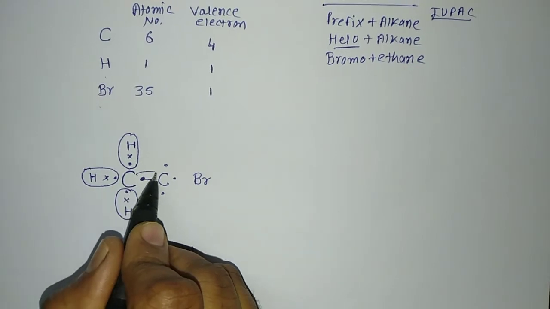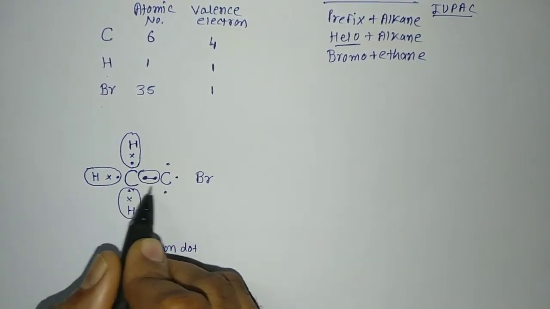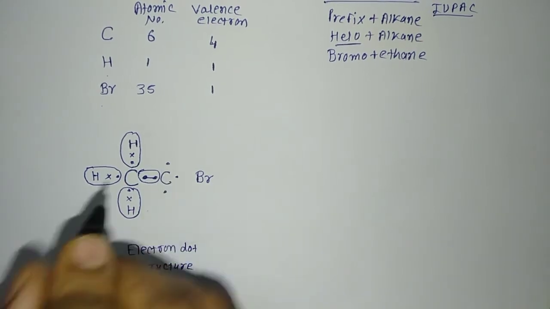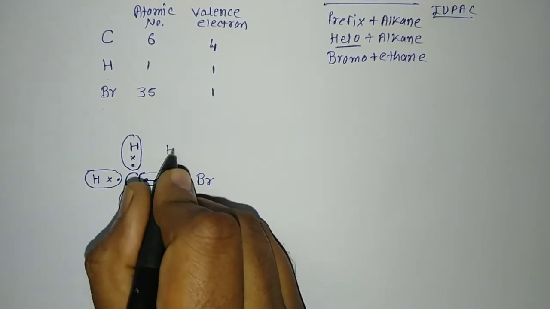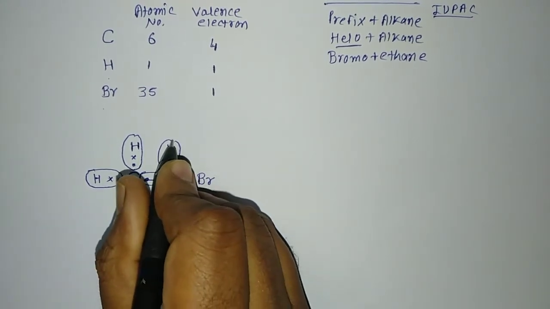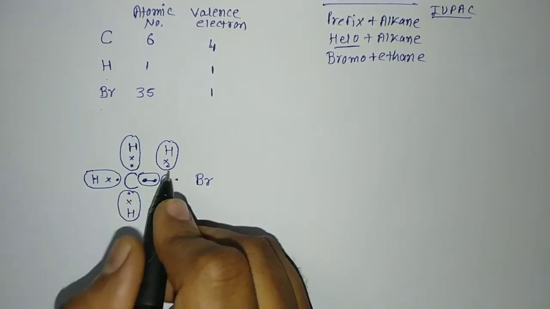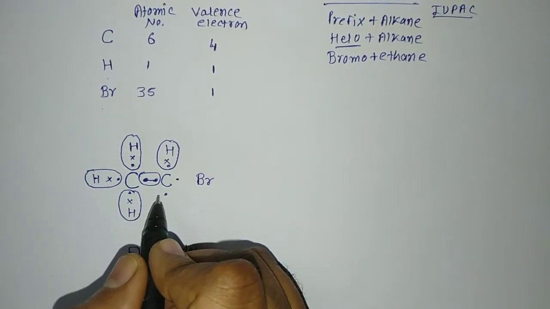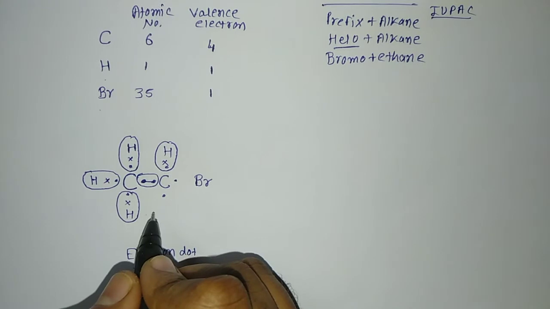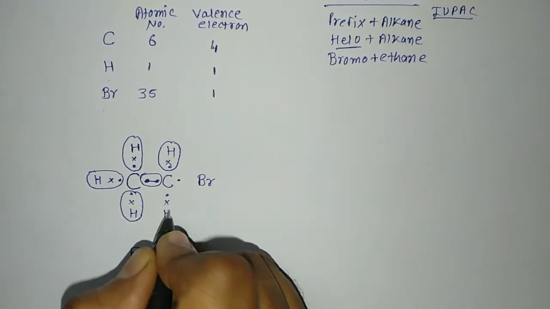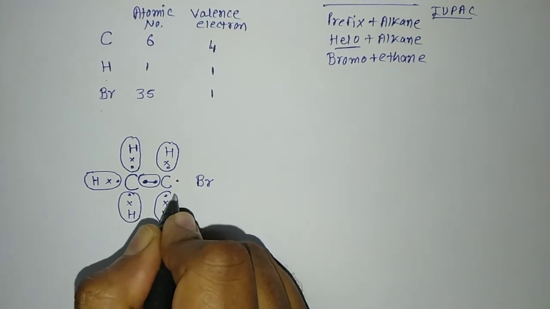So here also the bonding has been formed between this carbon and carbon. In a similar way, for this carbon, one more hydrogen will make the covalent bond. This hydrogen, this circle indicates the covalent bond formed by the hydrogen to complete its octet. This is one hydrogen, 1 and 2 electrons, so it completes its first orbit with 2 electrons. In a similar way here, hydrogen has completed.